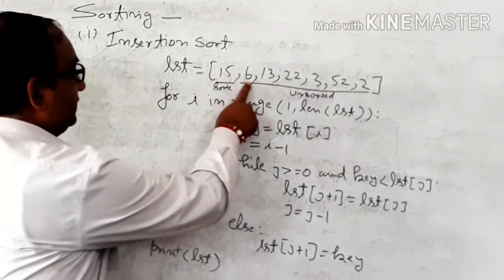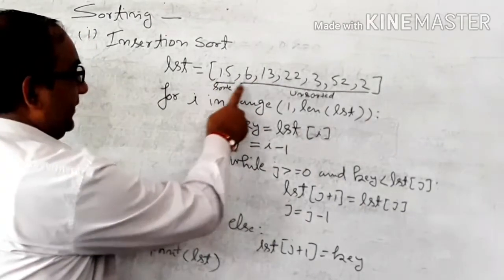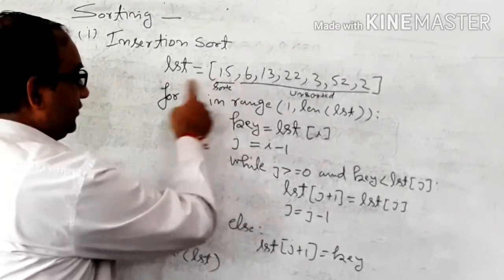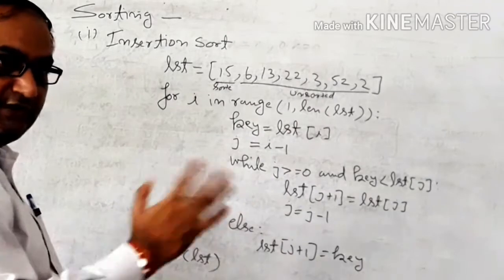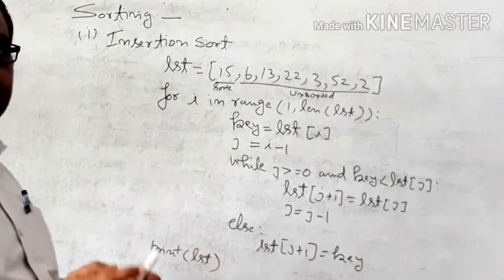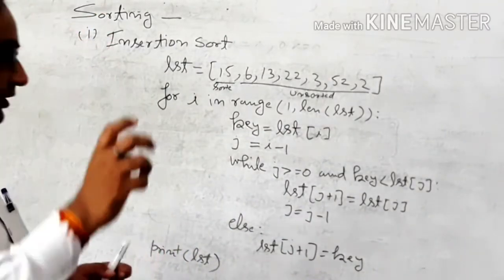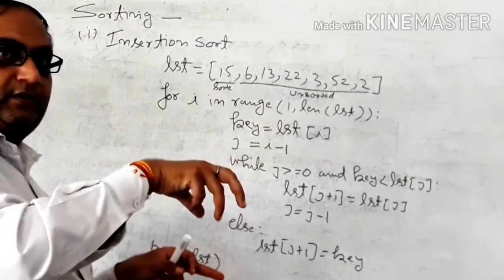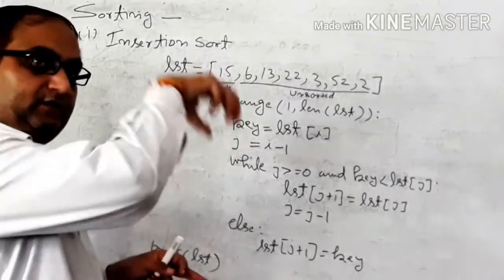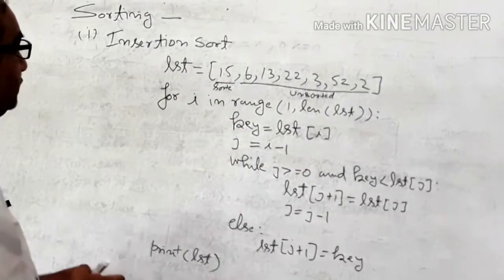Now the second element we check with the elements of the sorted part, to see whether that element is greater or less. If greater, then you can interchange them. Basically you take a key, and that key holds the value, and after that we copy the previous value into that place. So how does it work?